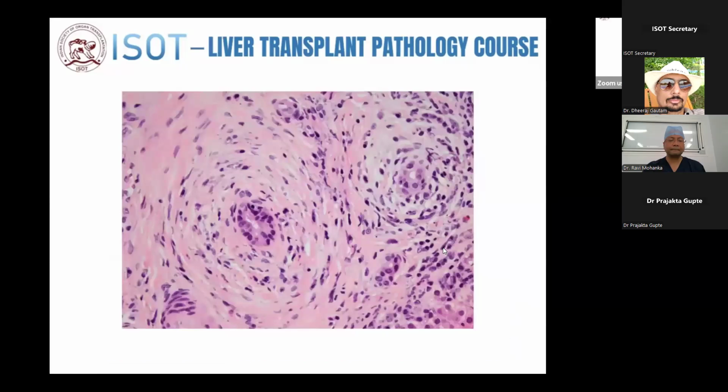Now what do we see here? Here we are seeing onion skin fibrosis. Now onion skin fibrosis is classically seen in PSC, primary sclerosing cholangitis. In post-transplant patients, there can be recurrence of PSC. Also, we can see such lesions in